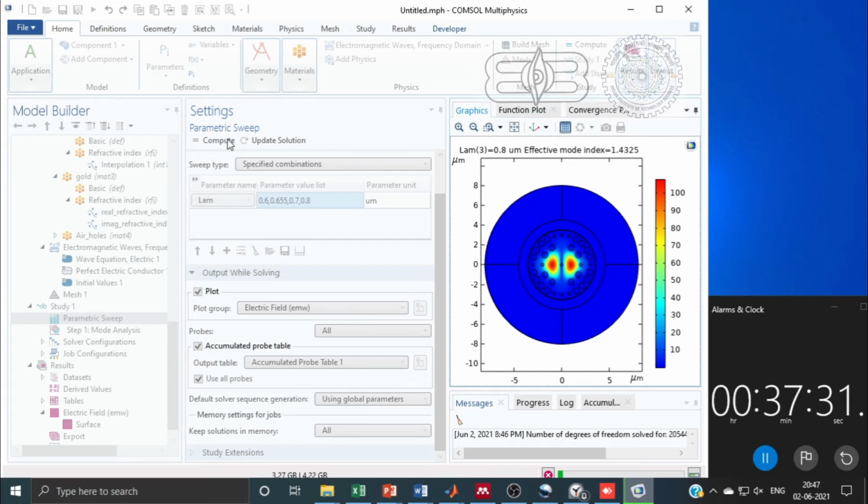Resonance effect means we will see that the real part of the SPP mode, surface plasmon polariton mode, and the real part of the core mode are equal. So for that we have to find the desired mode out of all these modes and extract its effective index. It will take a few minutes, so we have to wait.